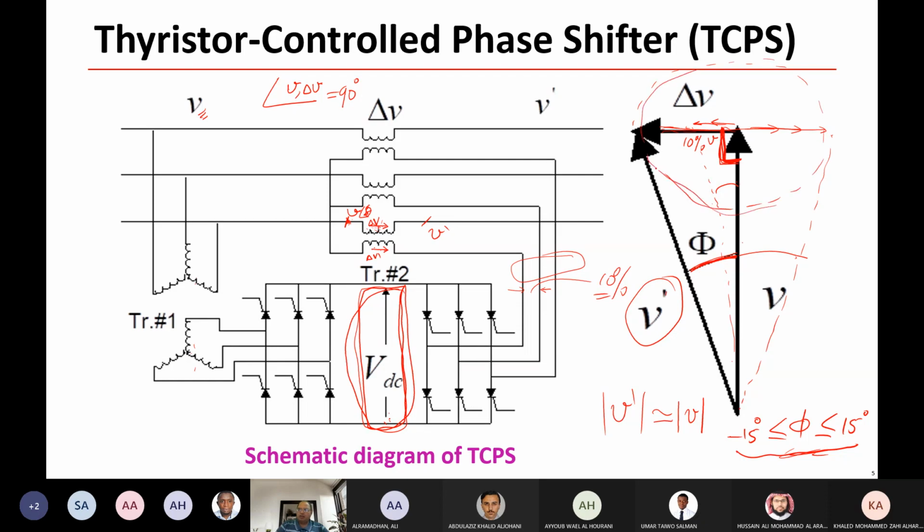So this delta V can be 360 degrees, with any value. So you can control this delta V. The angle, you can inject delta V at any angle. But this is in the second generation of FACTS devices. We have, of course, what we call the unified power flow controller, UPFC, and we have also